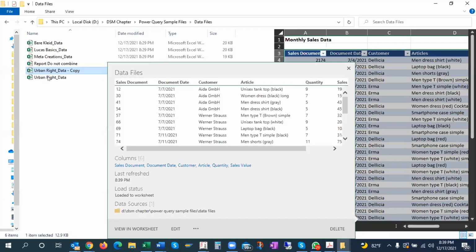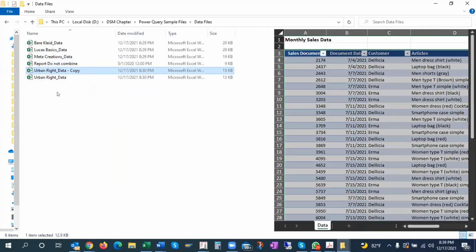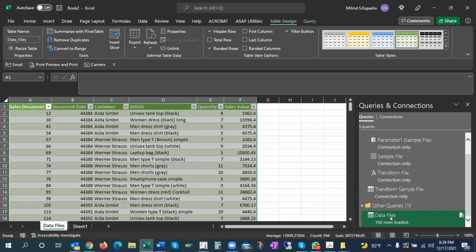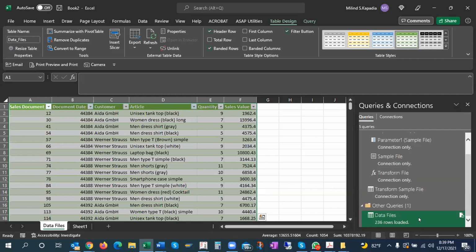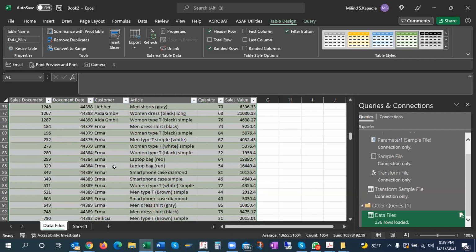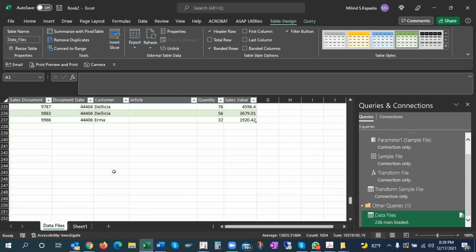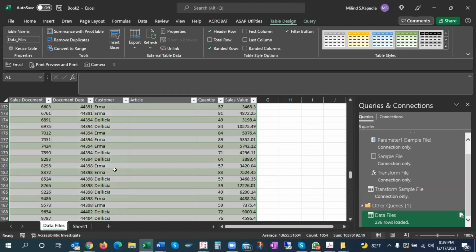It has become 190. I am putting it again, copying it again. Now from 190, it has become 236. You see? So this is how.